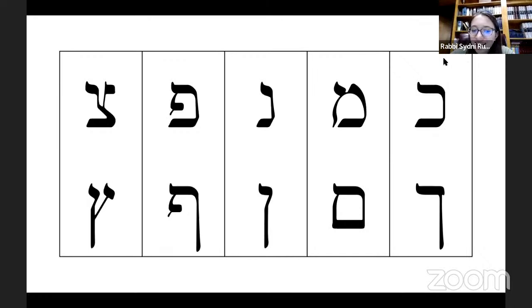So the idea of Sudoku is that you have a bunch of numbers in boxes, and every box should have the numbers 1 through 9. Every row should have the numbers 1 through 9, and every column should have the numbers 1 through 9. We are going to do that with our 5 final letters, with our 5 Sofit letters. So just to go over,